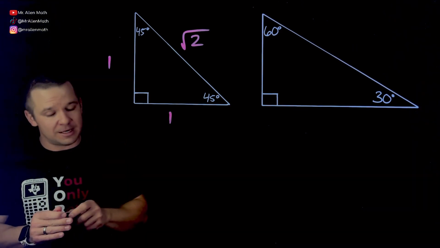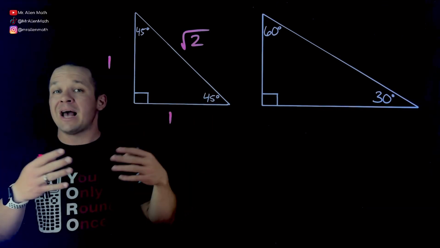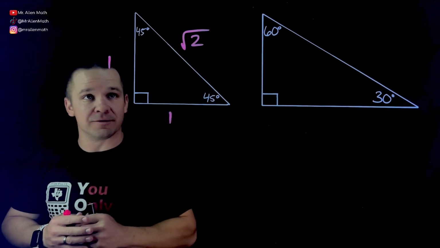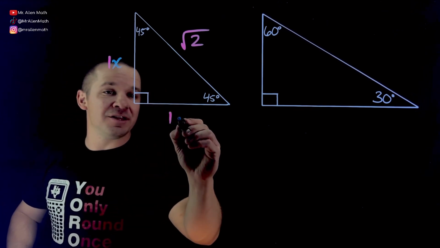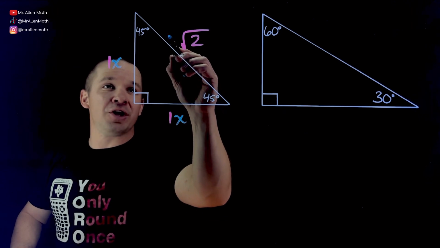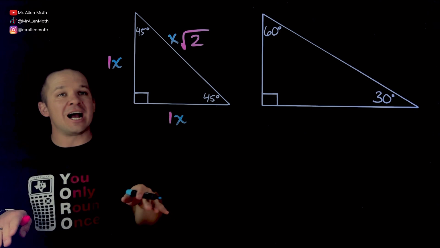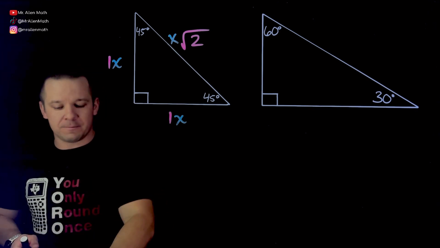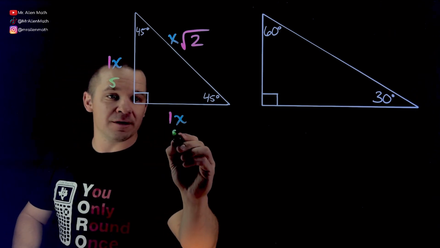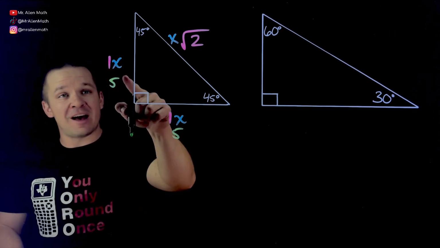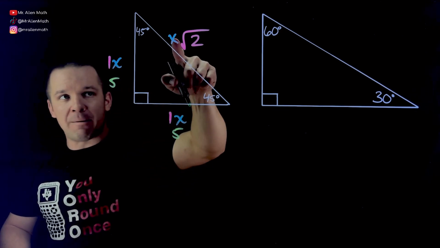Now what's really neat about special right triangles is that we can scale them up and down by any multiple we want as long as we have those angles. So in other words, I could call this guy 1x and this one 1x, and this over here as x root 2. So any number I have here, I could find my other sides. Check it out. If this right here is, say, 5, then this guy over here is going to be 5. And if x right now equals 5, because 1x equals 5, pop a 5 right over here,